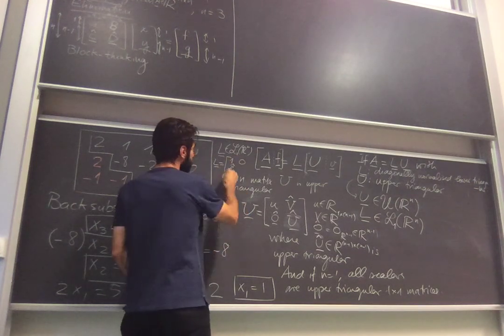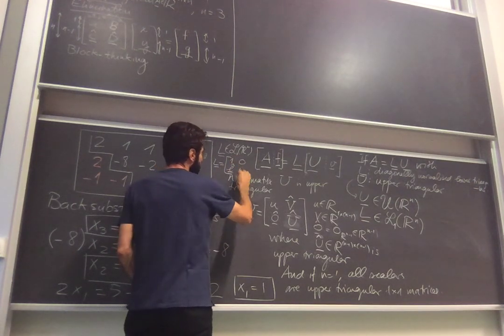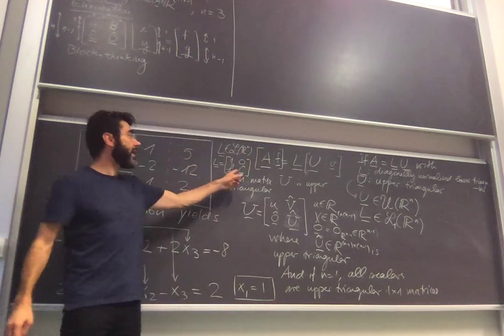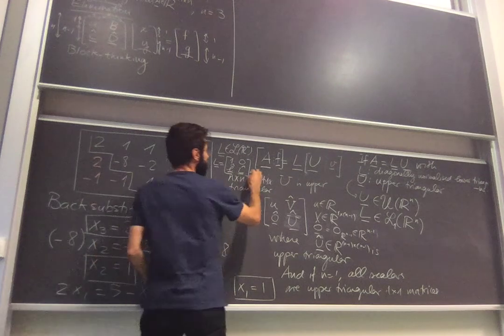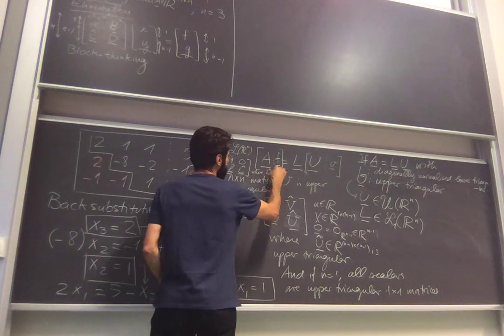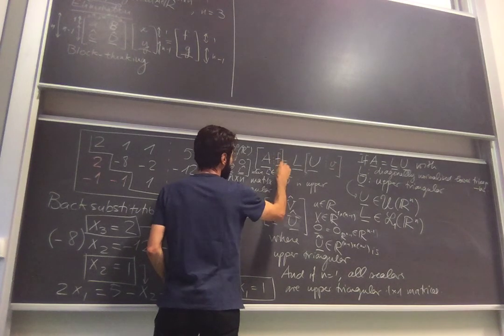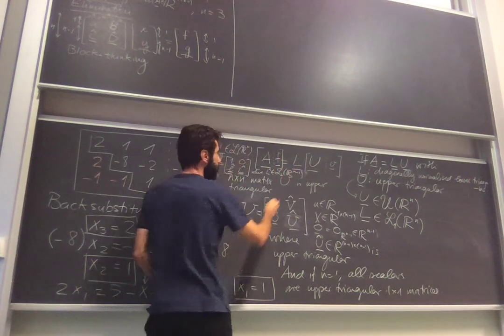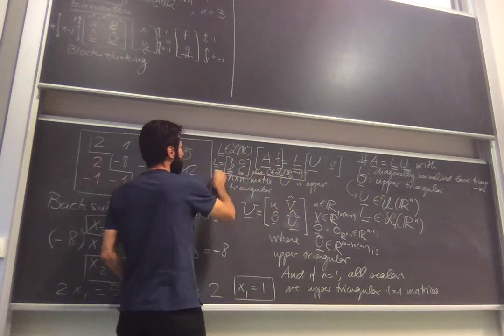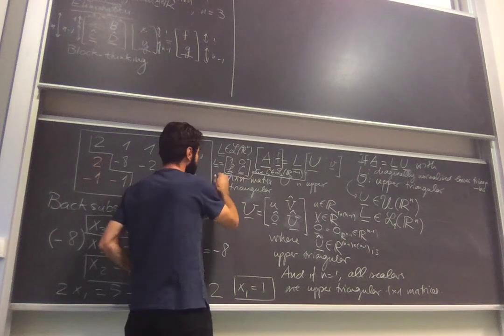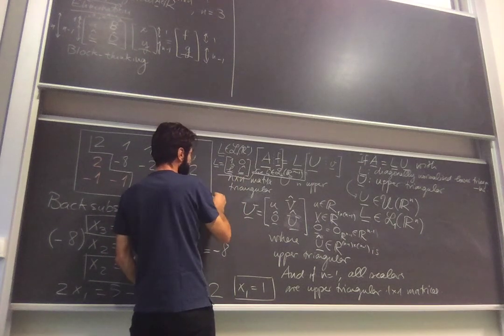L hat vector, and then L hat matrix here, where L hat is in the lower triangular matrices of size n minus 1. Okay, that's the recursive definition, and the bottom case is that